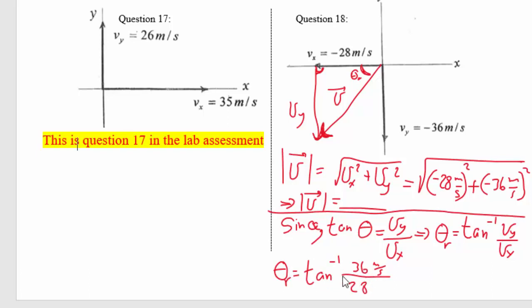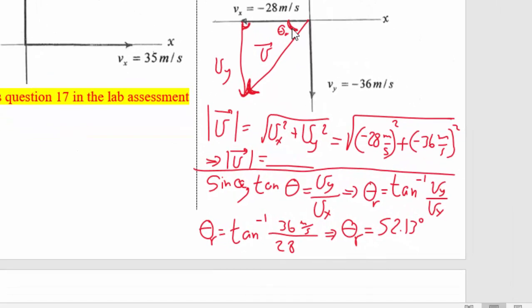Make sure your calculator is set at the degree mode, not the radians. And if you do the calculation, this will give you the related angle, which should come out to be 52.13 degrees. This value represents this angle here, the related angle. Now to write the vector v in the form of magnitude and direction, it has to be in this format. It has to be the magnitude and then the symbol at and then the direction, which represents the standard angle. You can say here 52.13 third quadrant. That's one way to write it, at